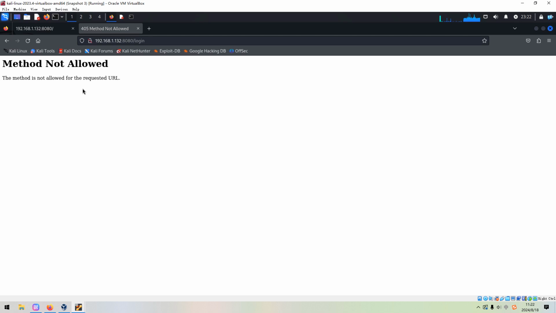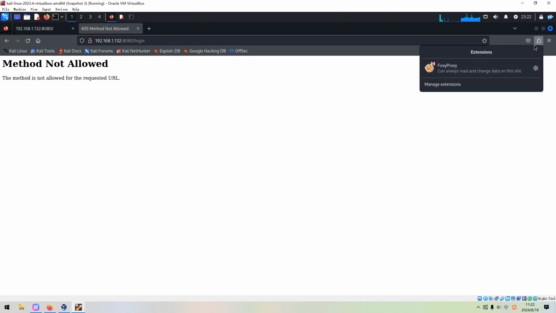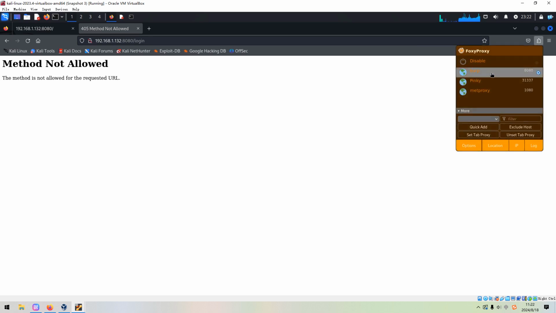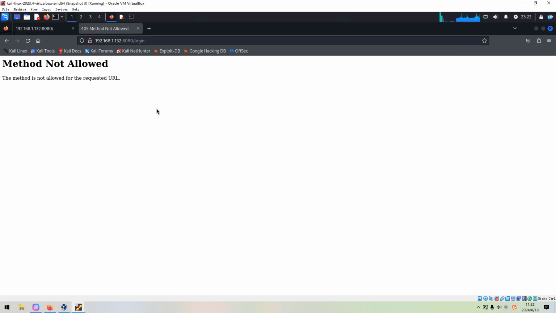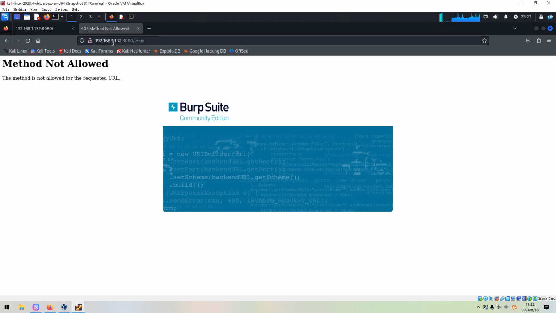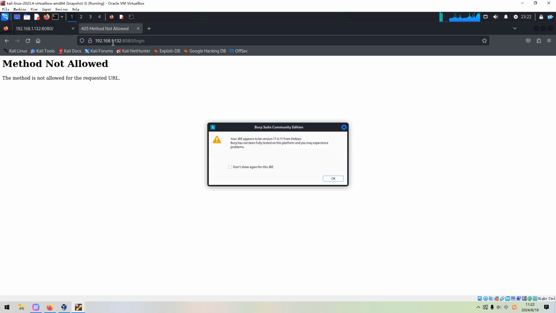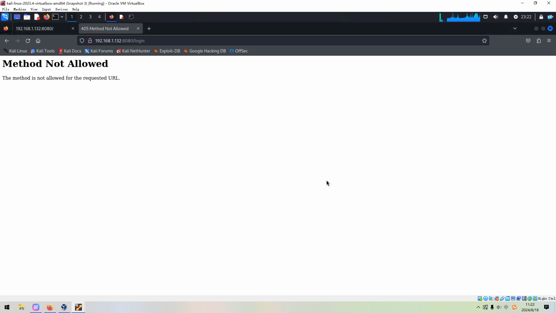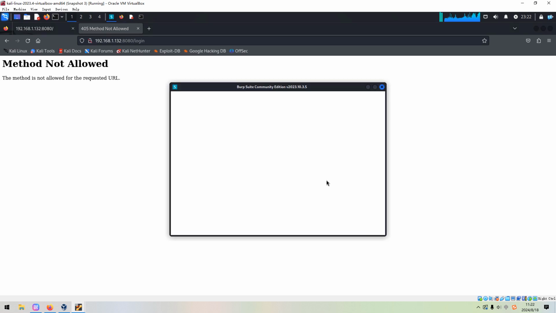So maybe we need to change the method. So how to do? We can enable the proxy and launch our Burp Suite. Next, start.